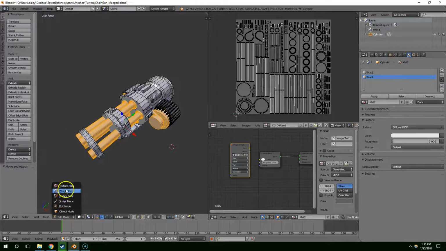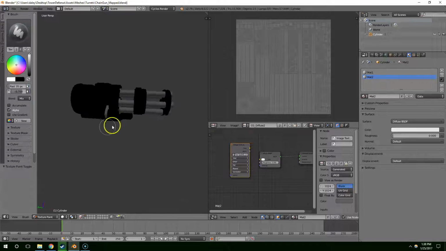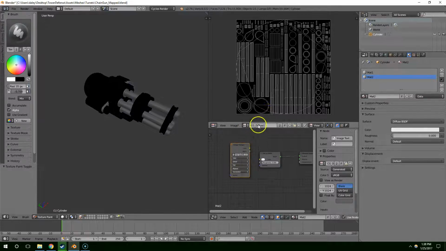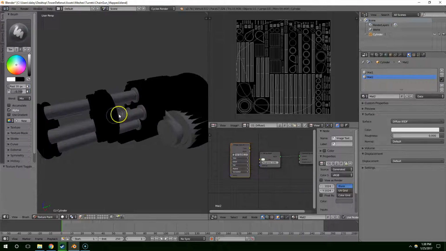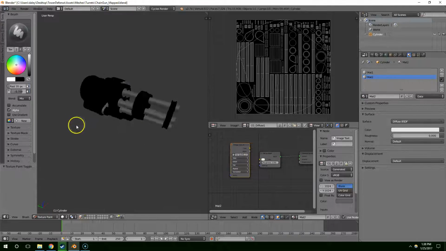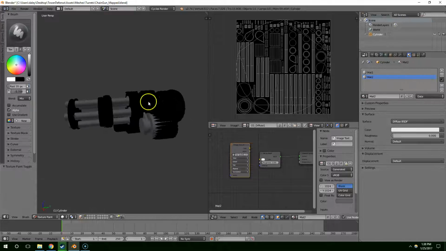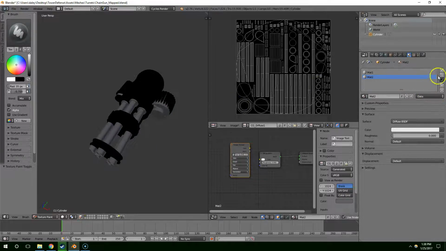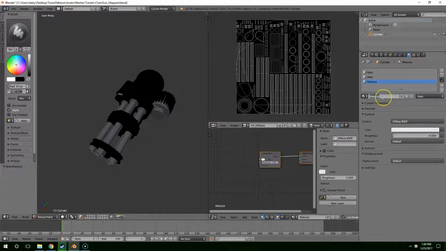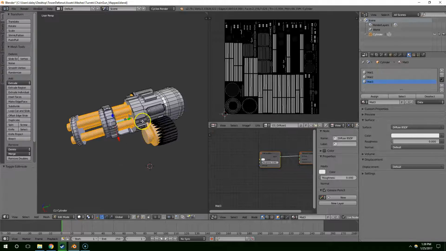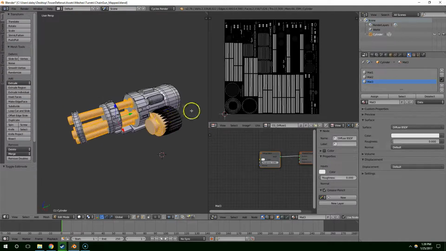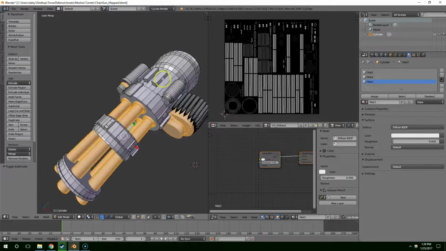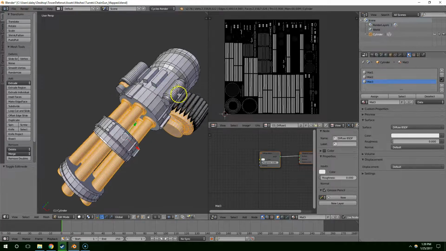Now if we go back into texture paint mode, you can see we have the initial CG Diffuse 1 on these parts and CG Diffuse 2 on these parts. And I think I'll create even a third material, Matte 3. Now where do we want to assign Matte 3? I think I'll just use that for the little details, like the bullets and like these pieces. So